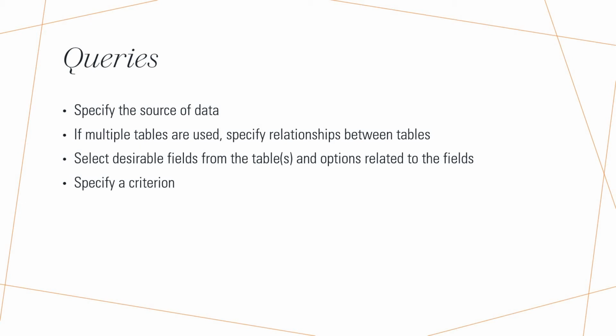Coming to the last one here, specify the criteria. We can apply certain conditions on the field or the fields, that is nothing but column headings, so that we display not all the records from a table or tables. We can go for displaying only selected records from a table. In that case, we have to provide conditions relating to a particular column heading, field name or attribute.